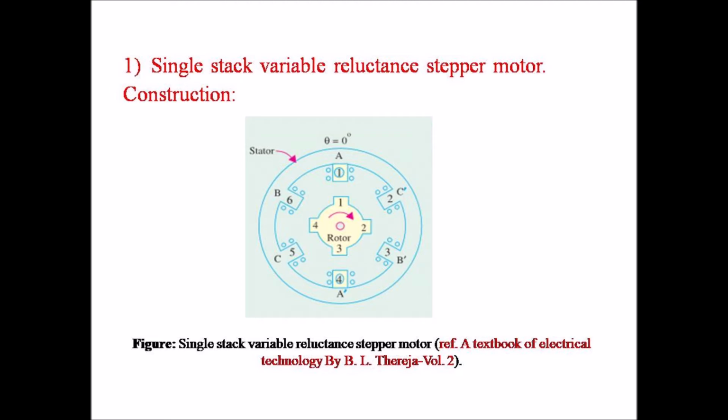The stator is made up of silicon steel stampings with inward projected poles or teeth. Each stator pole carries a field coil. Diametrically opposite pairs of stator coils are connected in series such that when one tooth becomes an S pole, the other one becomes an N pole. For example, in our case, if field coil AA' is excited, then it will result in stator tooth 1 forming an N pole while stator tooth 4 forms an S pole, or vice versa.